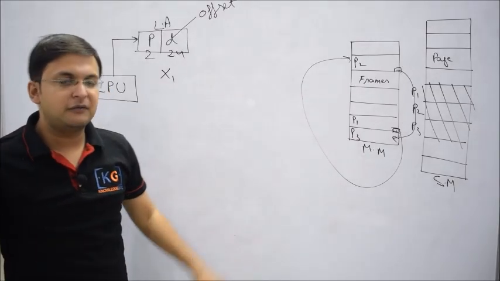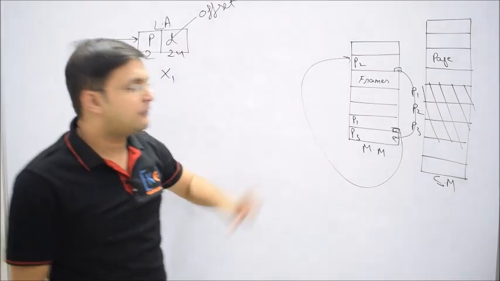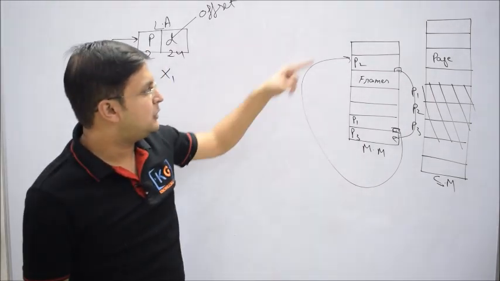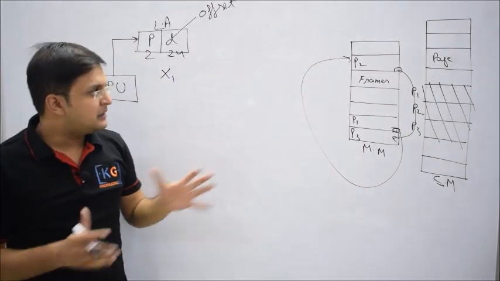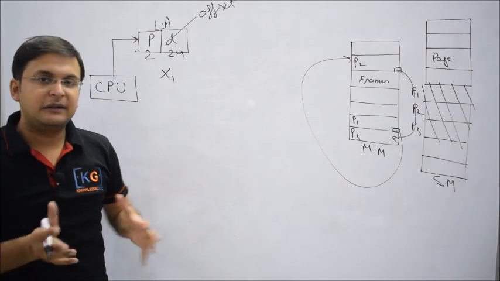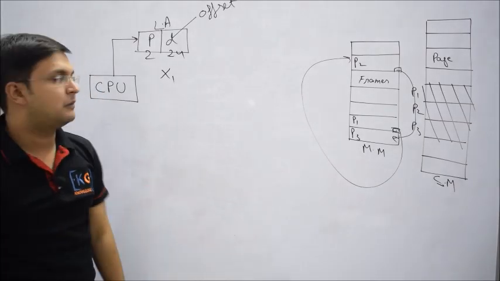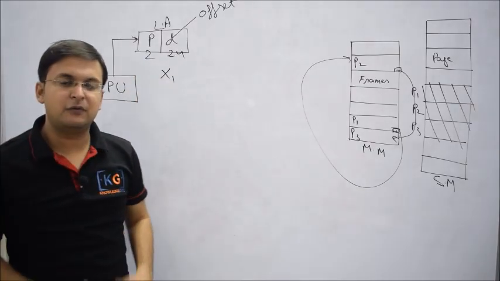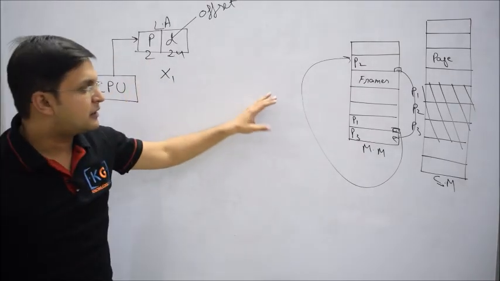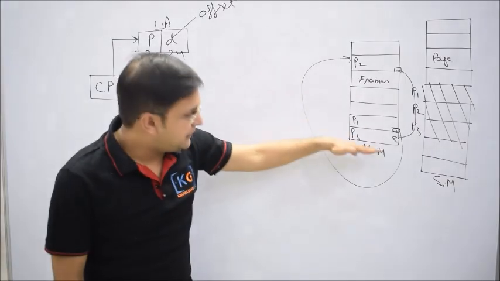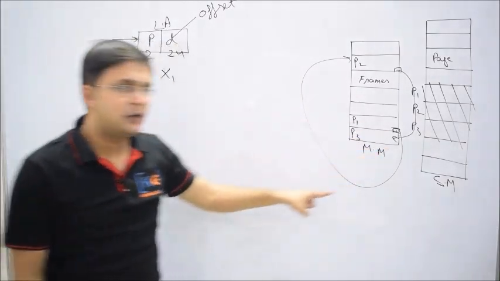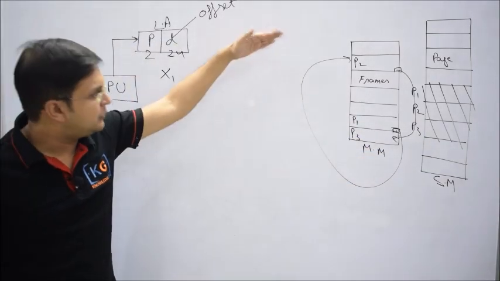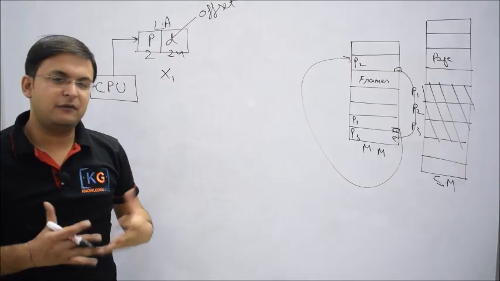Now it is not required to remember the address of every page, because that page will tell you where the next page is stored. In this non-contiguous fashion, like a linked list, you have resolved both problems. So whenever you say I want to access page number 2 and instruction number 24, I'll give you the address of page number 1. You go to page number 1, then that page will tell you where page number 2 is, and then you can check the appropriate instruction number, whatever you want.